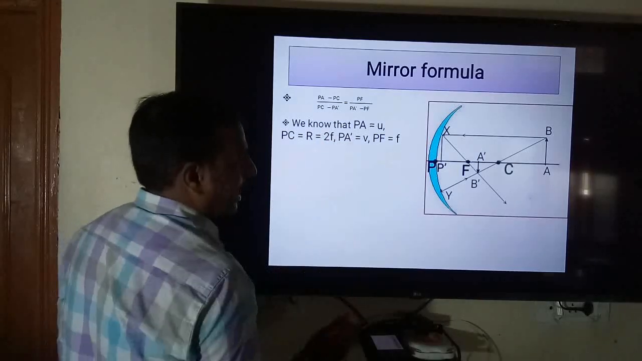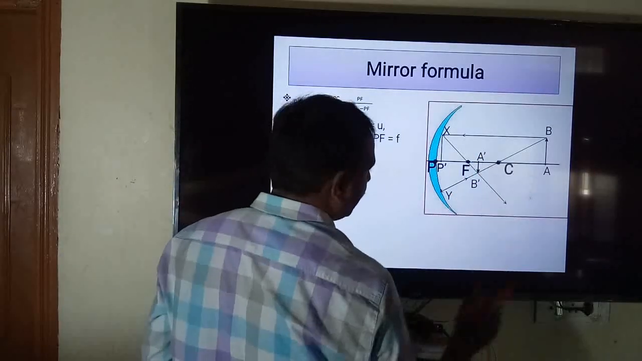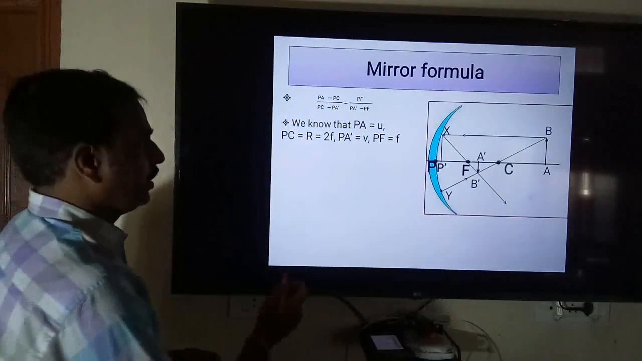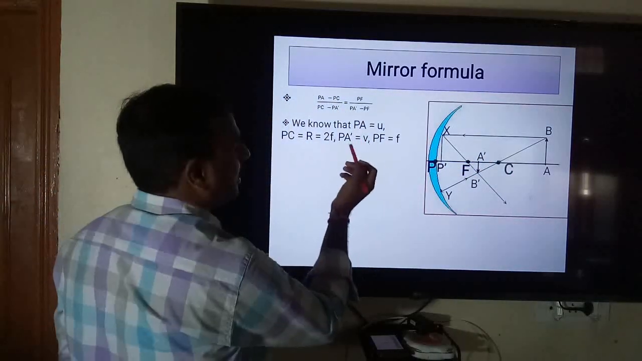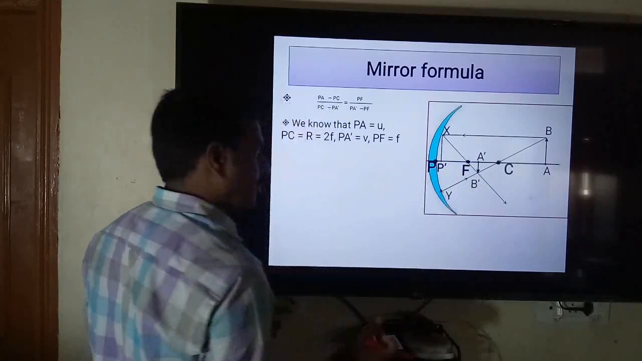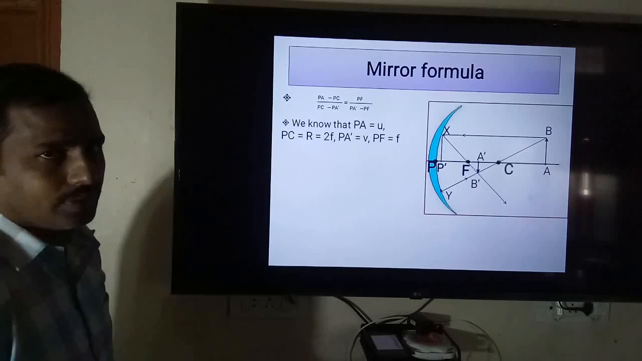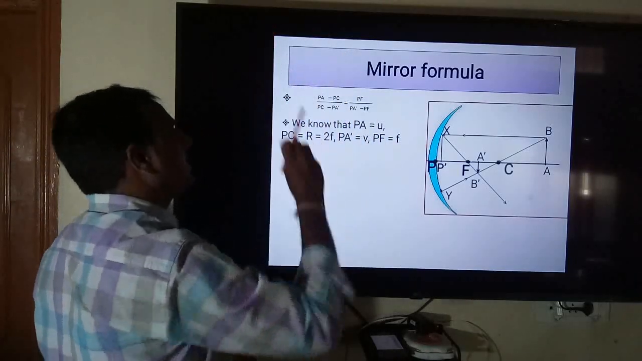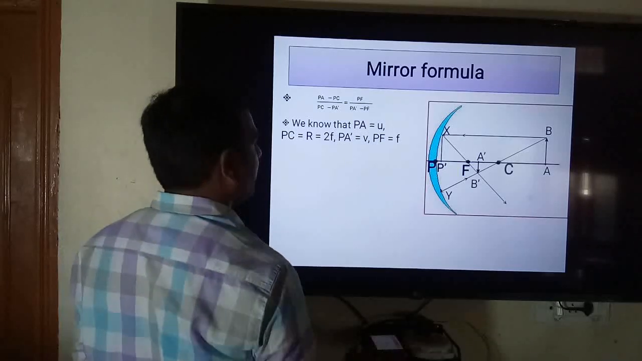And PA'. At A' we are getting an image. So PA' is the image distance, which we denote with V. So PA' is equal to V. And PF, we know, is the focal length. PF is equal to F. Now I am going to substitute all these values in the above equation. Then we get